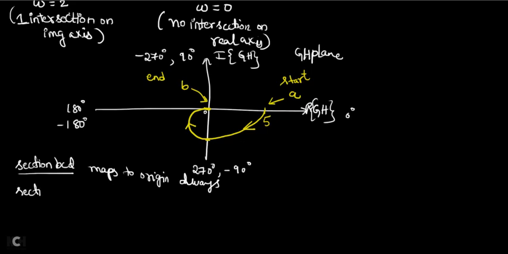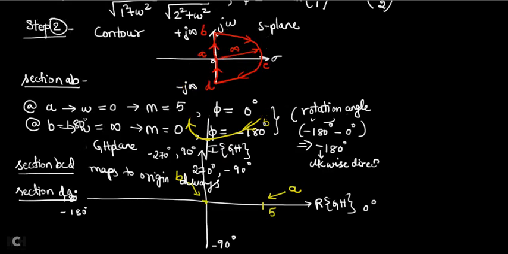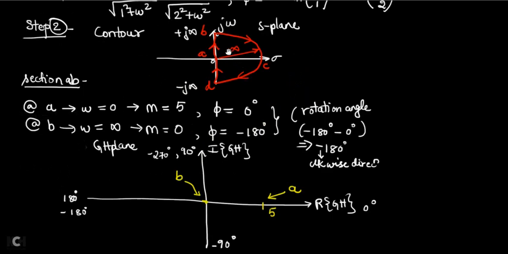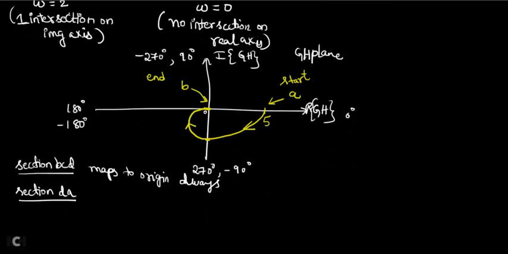Now coming to the last section, section D to A. I'll show it. See, after BCD is over, what is next remaining? D to A. So this D to A is the mirror image of A to B. Because it is the mirror image of A to B, whatever you got for A to B, the same Nyquist plot you should write in mirror image format. Whatever you wrote for the Nyquist plot downward, the same thing you should write upward, like a mirror image. And the mirror image should be with respect to the horizontal axis. See, the same thing I am going to write now.